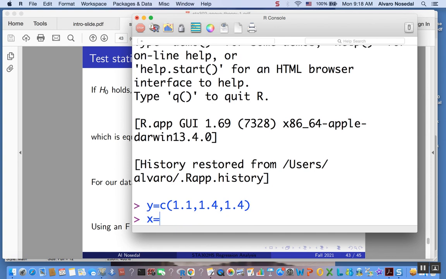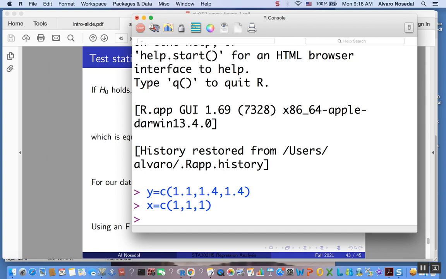X, as we said, is just 1, 1, 1. Okay, now let me show you something here. Let's fit a linear model using the built-in function lm. Our response variable is y, our predictor is x. Okay,